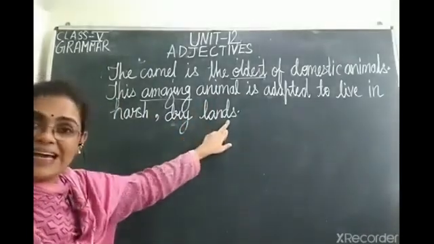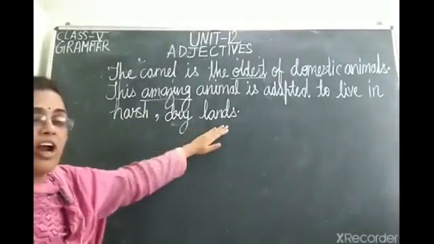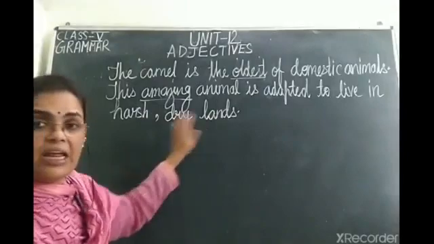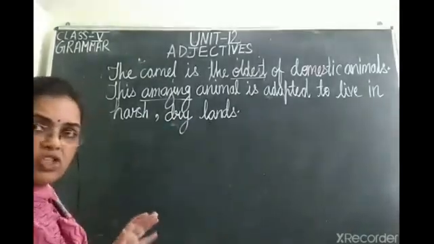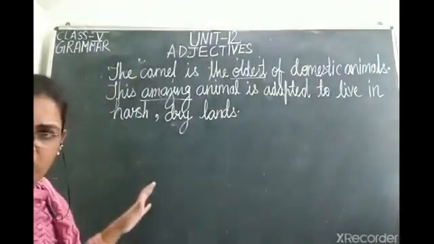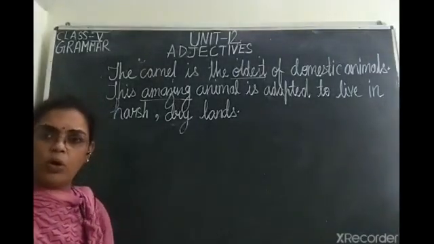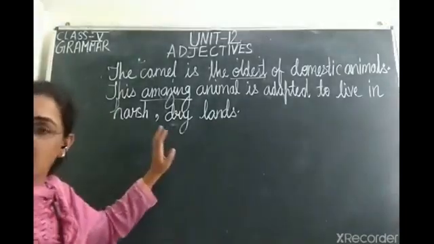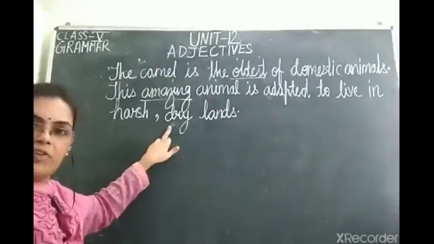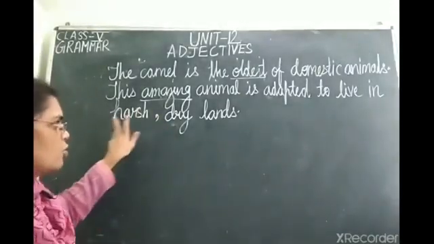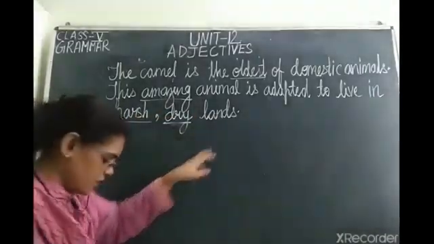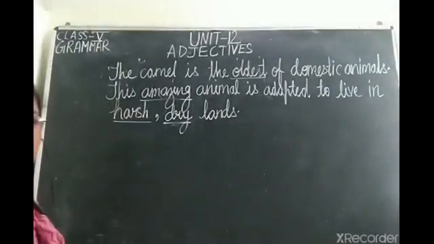यहाँ पे noun क्या है बेटा? Lands. And which two words are describing the noun lands? The words are harsh and dry. Harsh means rough. Camel generally live in deserts, and the climate of desert is very harsh. The extreme hot, extreme cold. So that is harsh. And dry, there is scarcity of water in deserts. So the word dry has been used. So these two are adjectives which are describing the noun lands. Got it? Now the third line is